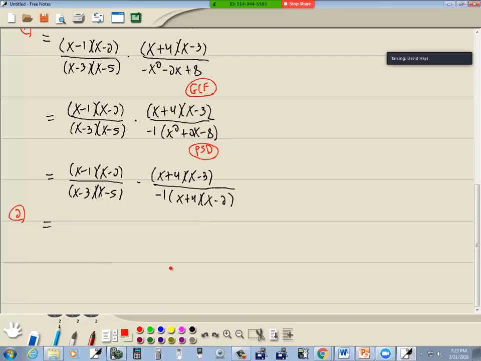Step 2 says cancel if possible. The only guideline is one's on top, one's on the bottom, are the same. Here's an x plus 4, here's an x plus 4. Here's an x minus 3, here's an x minus 3. You notice they can be in the same fraction, or they can be in different fractions. Again, only guideline is one's on top, one's on the bottom, are the same. Here's an x minus 2, and here's an x minus 2. So that's going to leave us x minus 1 over x minus 5 times, nothing's left up on top. If everything disappears,